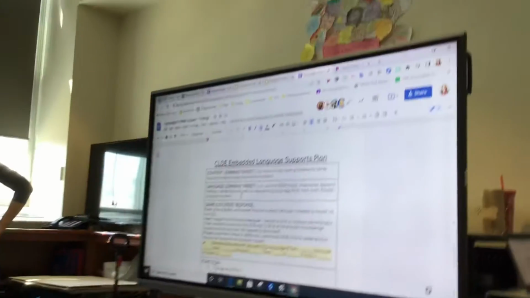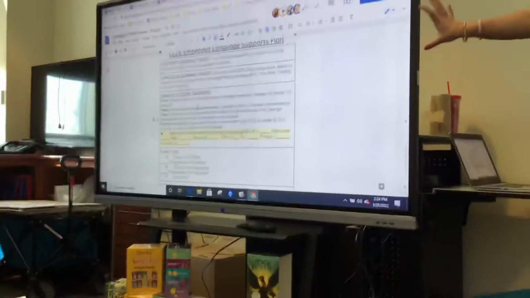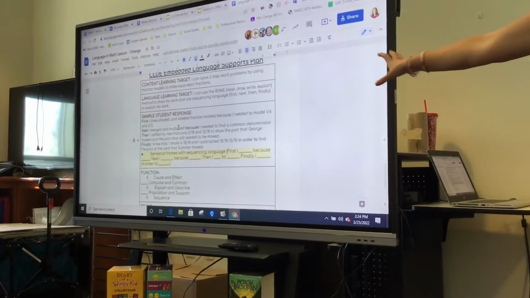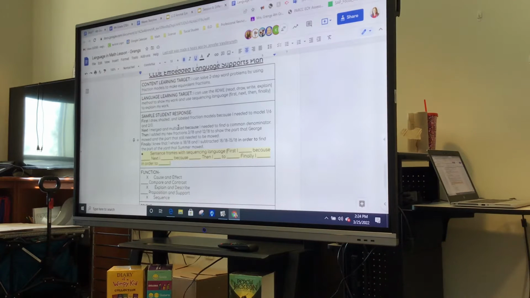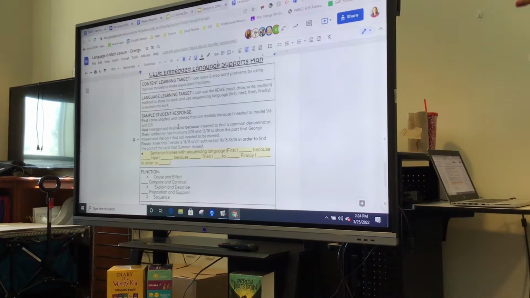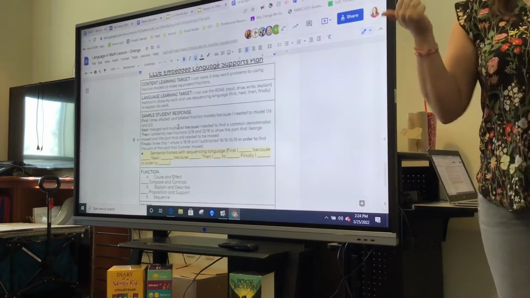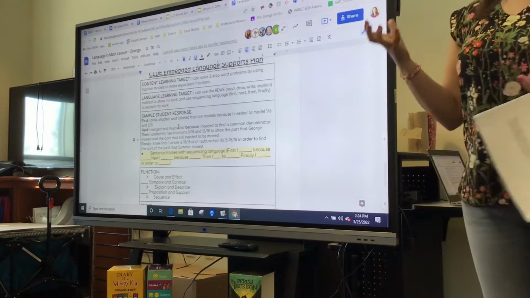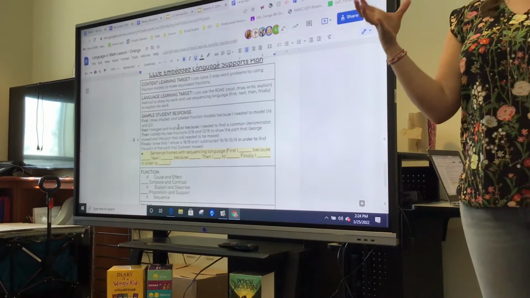So this is kind of my version of the CLDE support plan that's in the Google Classroom. We're not telling you that you have to use the one that's in the Google Classroom. It's a resource that's provided for you so that you can think through the things that would really help push your student language. So what I would do first in this process is really take the assessment task and plan out a